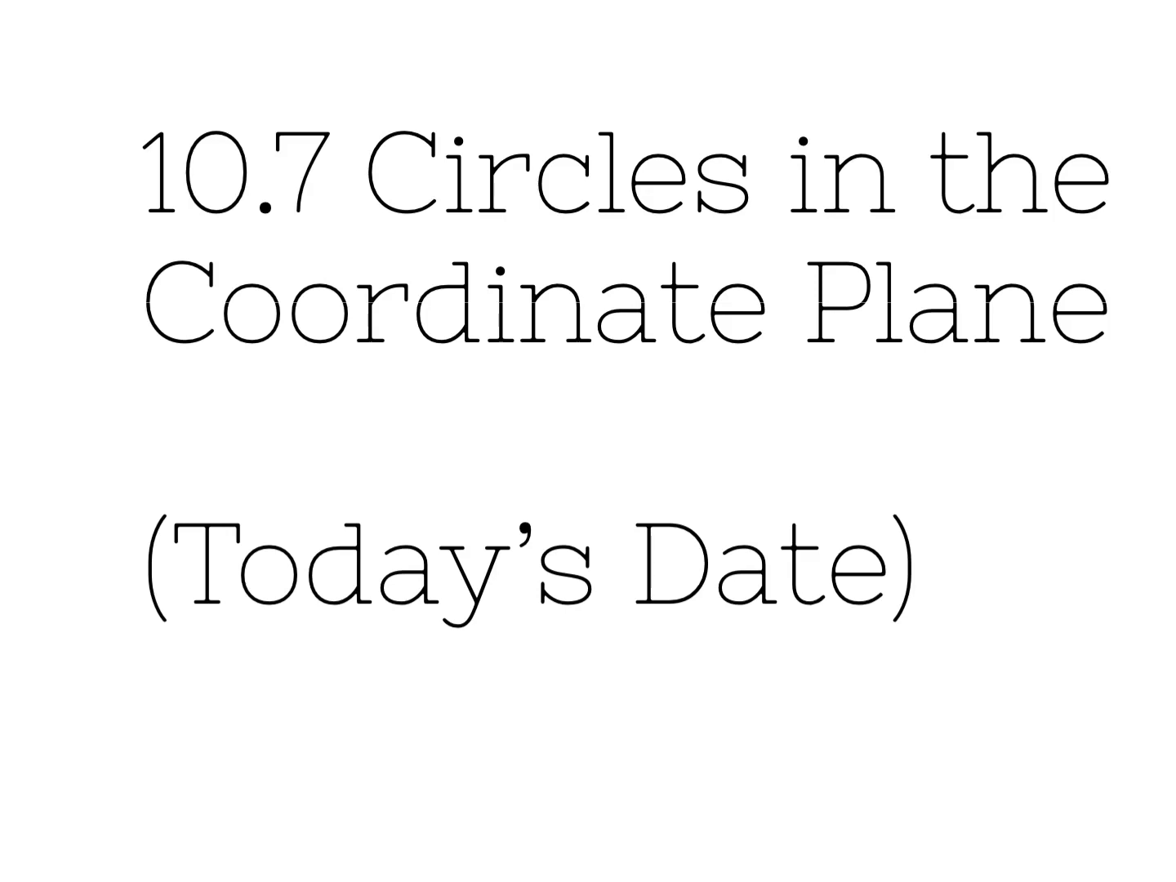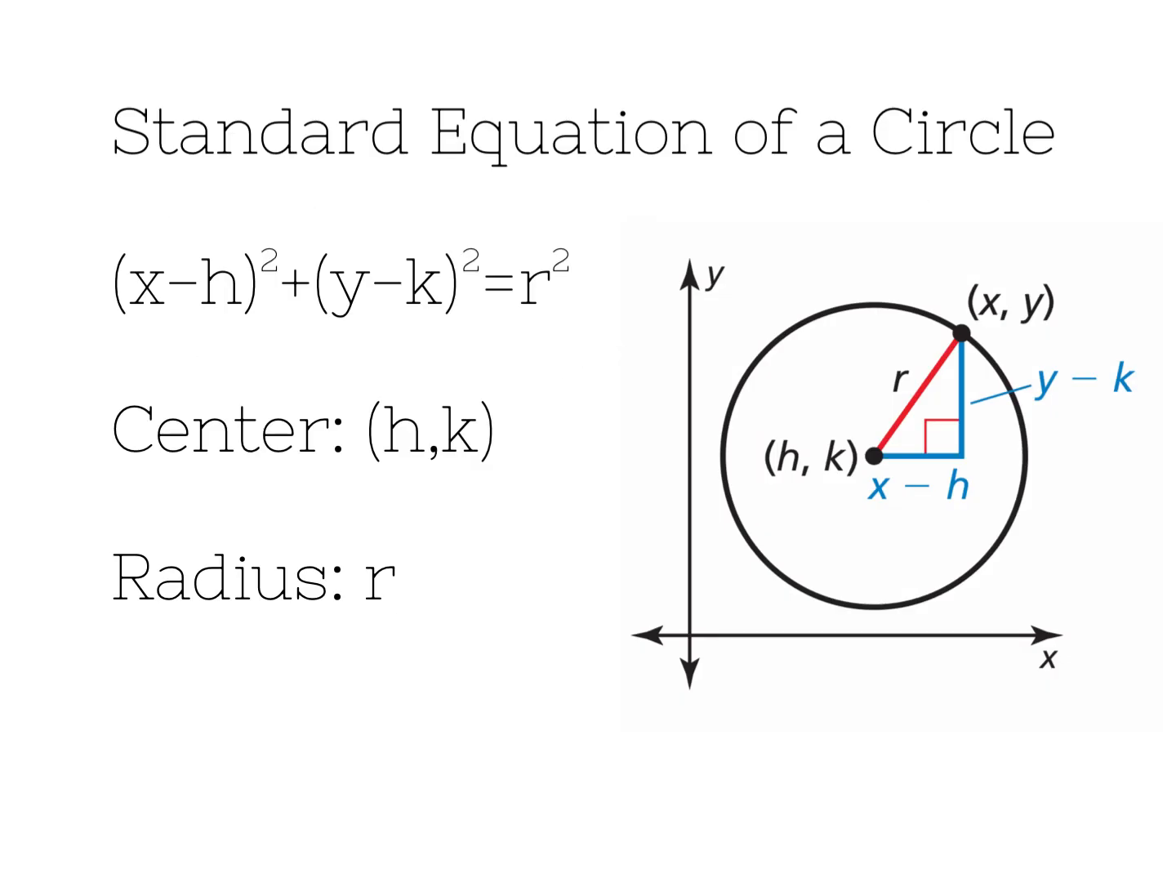So we're doing 10.7, circles in the coordinate plane. Remember, more or less, we're writing the equations of the circles. Like I said, this (x minus h) squared plus (y minus k) squared equals r squared is the circle's version of y equals mx plus b for a line. So it's just the equation we're going to use when we're writing